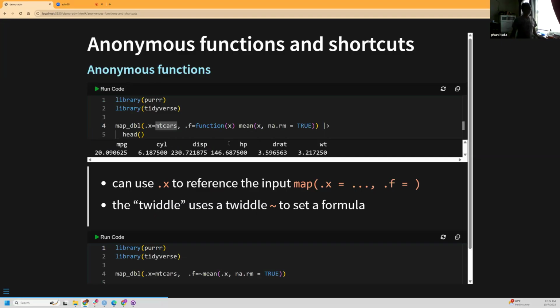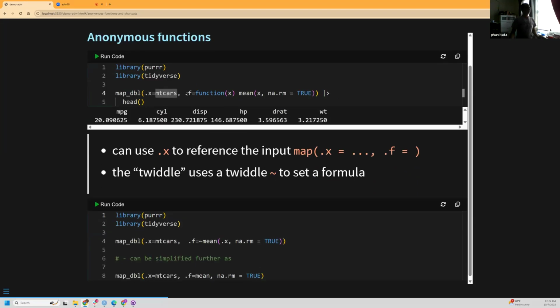Anyway, the run code basically takes mtcars, the cylinders and all that stuff, and gives us the mean of each individual column. You can use .x, which is the data set that we are using in reference to map, and .f, which is the name of the function. Here we have seen this one, right? The function name f. There's a shortcut: instead of writing out the function, you can use